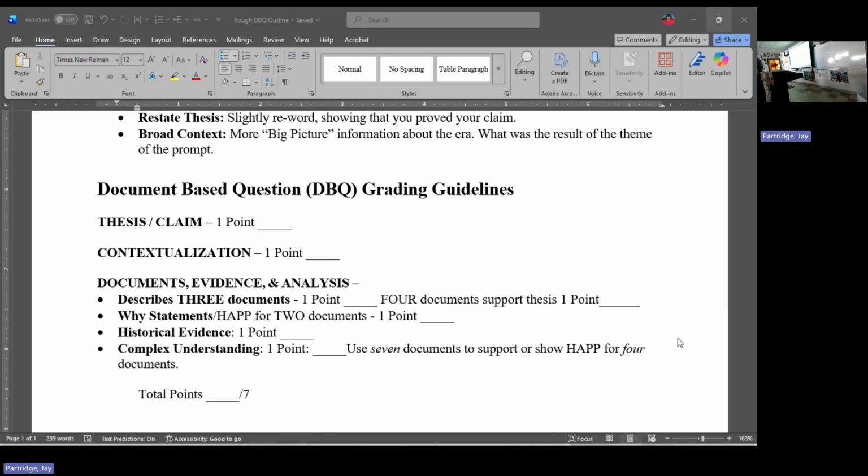What my recommendation will be for you, try to use 5 documents to try to get a why statement. That way, I'm going to get that 7. But even if you don't get this last point, you can still get a 5 on the AP exam. So if you do what I told you to do in class right here, you can still get 6 out of 7. But by doing 1 additional, you're hedging your bets, just in case. Sound good? But you have more time.